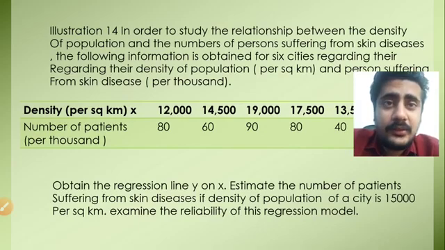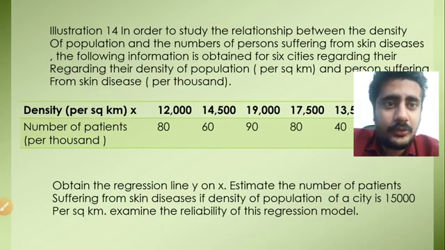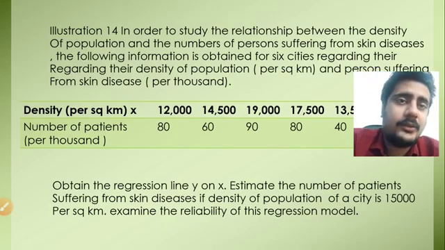See, just now I told you that whether it is separately mentioned or not, if the question is to examine the reliability of regression model, then there is only one solution. You have to find r square. If you want to check the reliability, we have only one method. You have to find r square. Am I clear? So you will comment on reliability after finding r square. So there are basically 3 questions: line y on x, find y when x is this, and find r square.